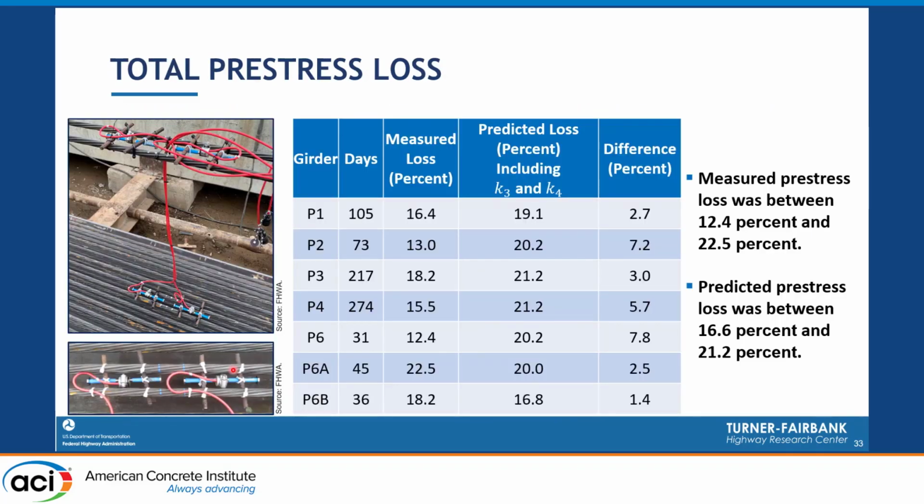Now, let's look at some results. In this table, I'm looking at the measured prestress losses, and what I'm reporting is the last measurement that we were able to take before we tested the girder. The measurements include elastic deformations, creep, shrinkage, and strand relaxation. Among these girders, we had a girder where the loss was 12.4%, and we also had some girders where the loss was